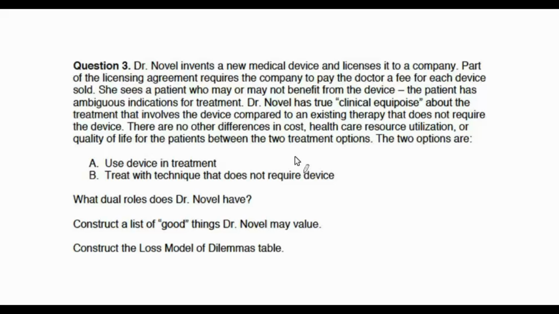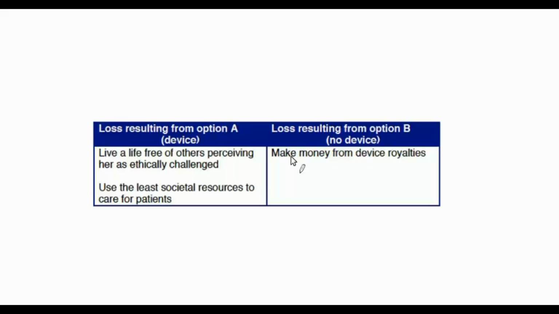Finally, let's use that information to construct the loss model of dilemmas table. So here's the loss model table. On the left, you see option A, which is treating the patient with the device. The things that Dr. Novel may lose from choosing option A is living a life free of others perceiving her as being ethically challenged. That when there's true clinical equipoise of no knowledge of treating with the device or not being clinically superior,